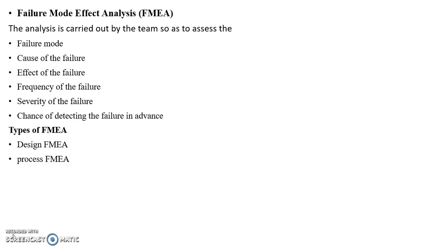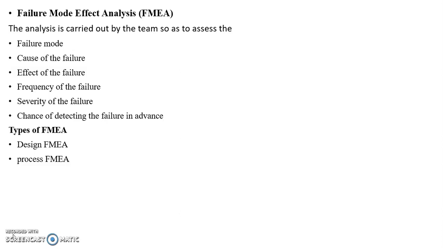In this, there are two types of FMEA. First one is design FMEA or DFMEA. This design FMEA is the most commonly used tool by Six Sigma teams. A design FMEA, sometimes also called DFMEA, is the analysis of design for potential failure that could arise as a result of weakness in design of the product rather than the process of manufacture. You only concentrate on the design. That is called design FMEA.